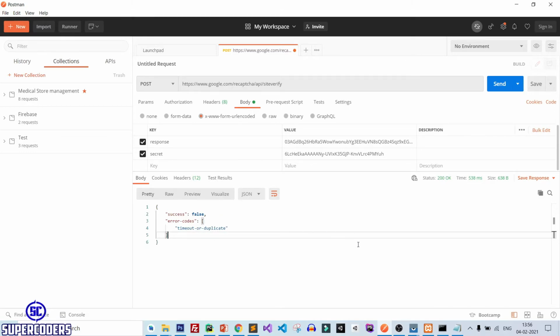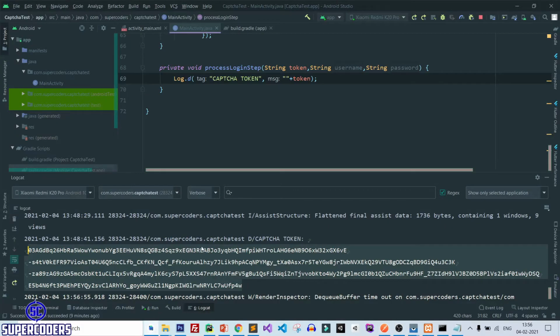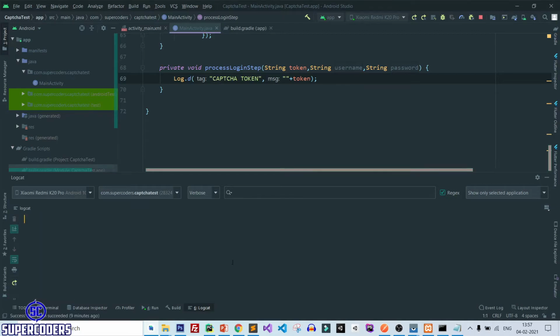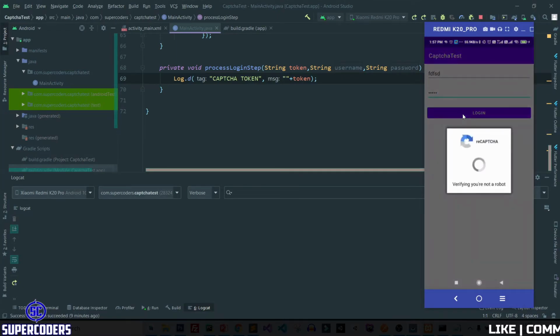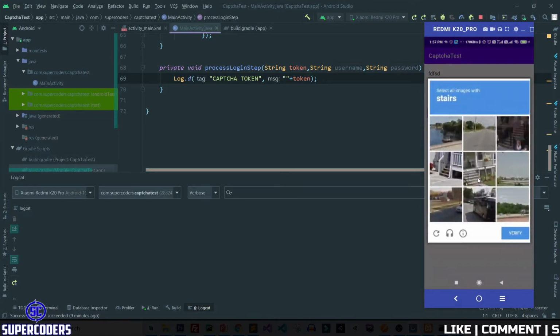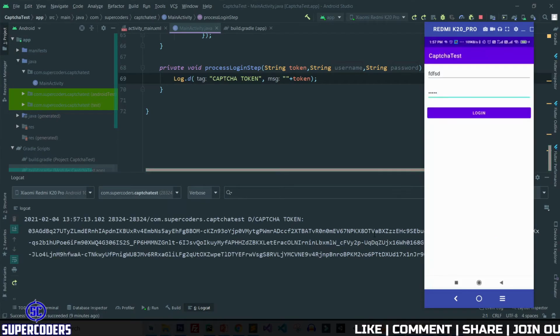So let's try to log in again. So again back to Android Studio, delete it, and let's check again. Click on login, again selecting verify.